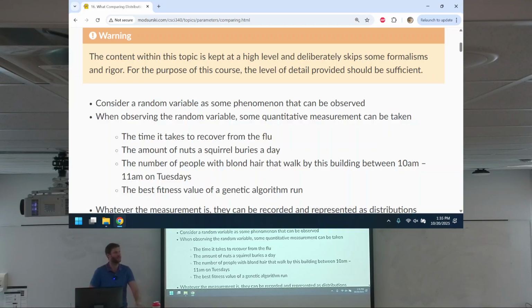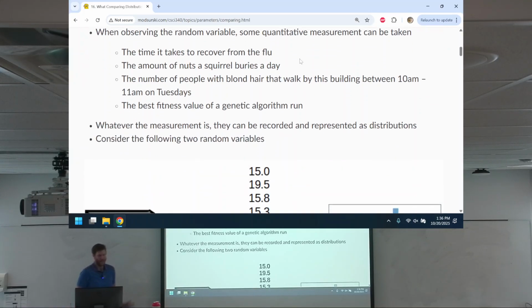The amount of nuts a squirrel buries in a day could be a random variable. The number of people with blonde hair that walk past this building between 10 and 11 on Tuesday, that's a random variable, okay? The best fitness value of an evolutionary computation run, a random variable, right? The idea is, whatever the measurement is, if I sit there and continue to record these things,